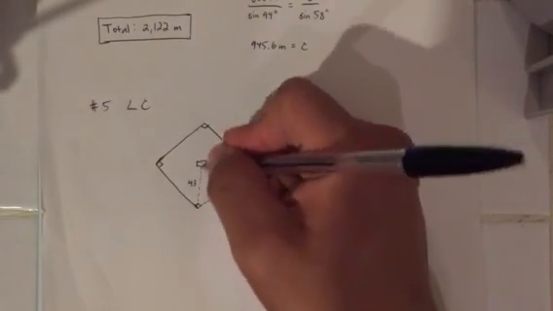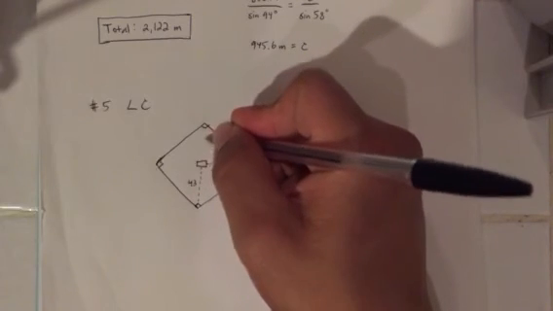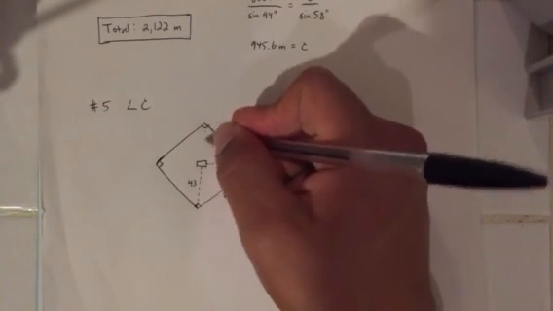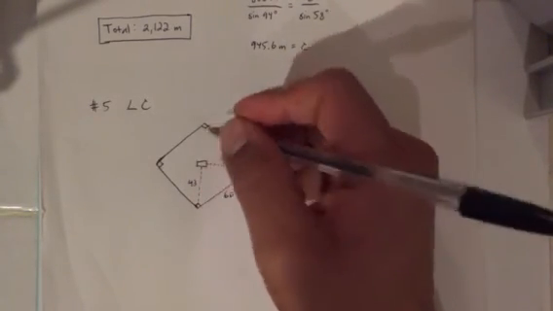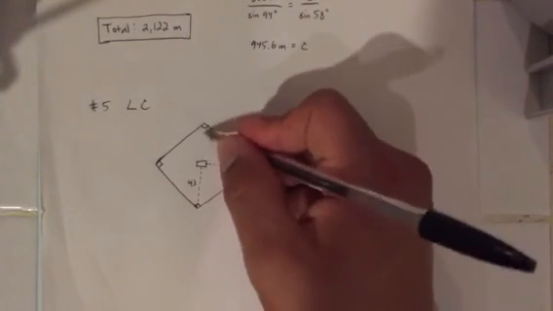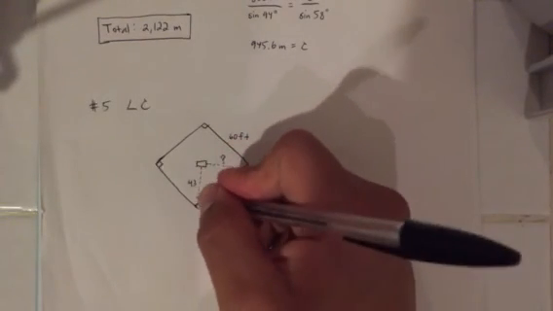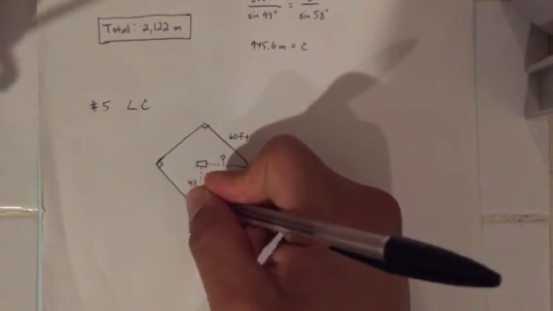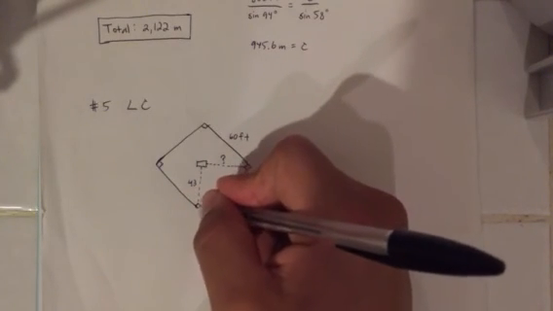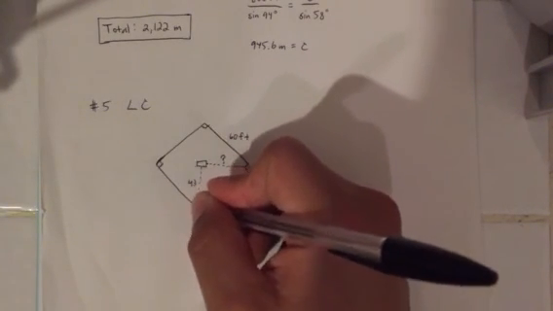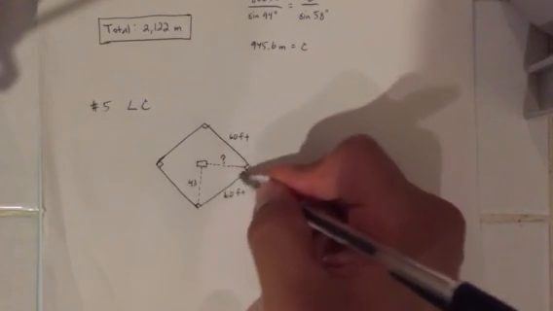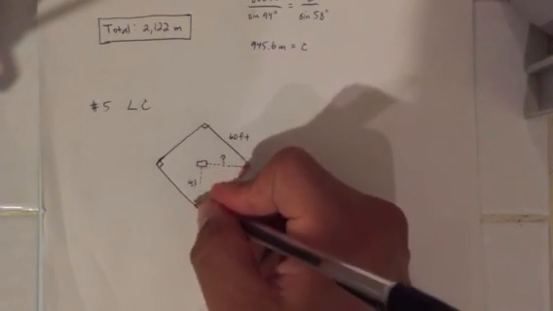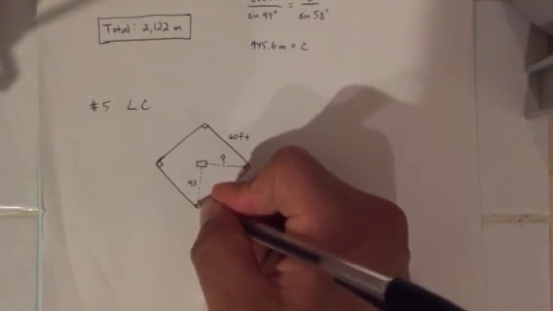And then they said that this distance and the distance from the mound to third base, or I'm sorry, second base, is not the same. So we can't use any of this information to help us. But right here we can use the fact that the angle made between the sides of this diamond is 90 degrees, and this one bisects